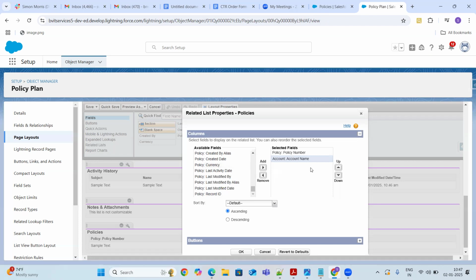Okay, account is something I have added. So policy number, policy plan, click on save.